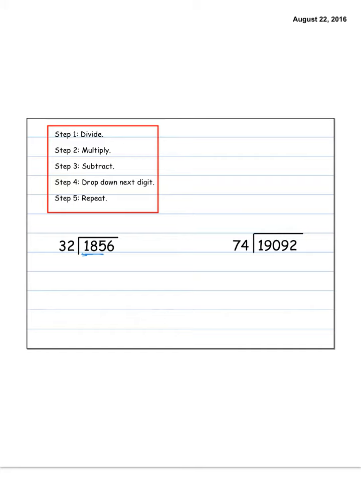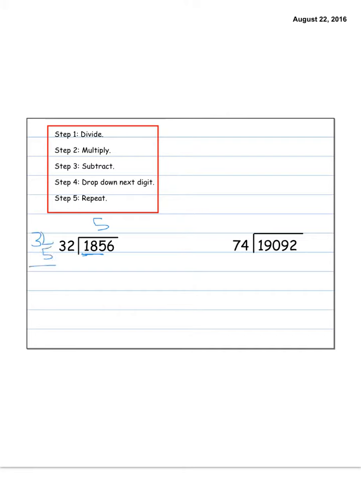Now if we split this up and we think to ourselves this 30 as just a 3 in the tens place, we know 3 times 5 would be 15, which is pretty close to that 18 in the 185 place there. So if we were to put down a 5 up above, now 32 times 5,